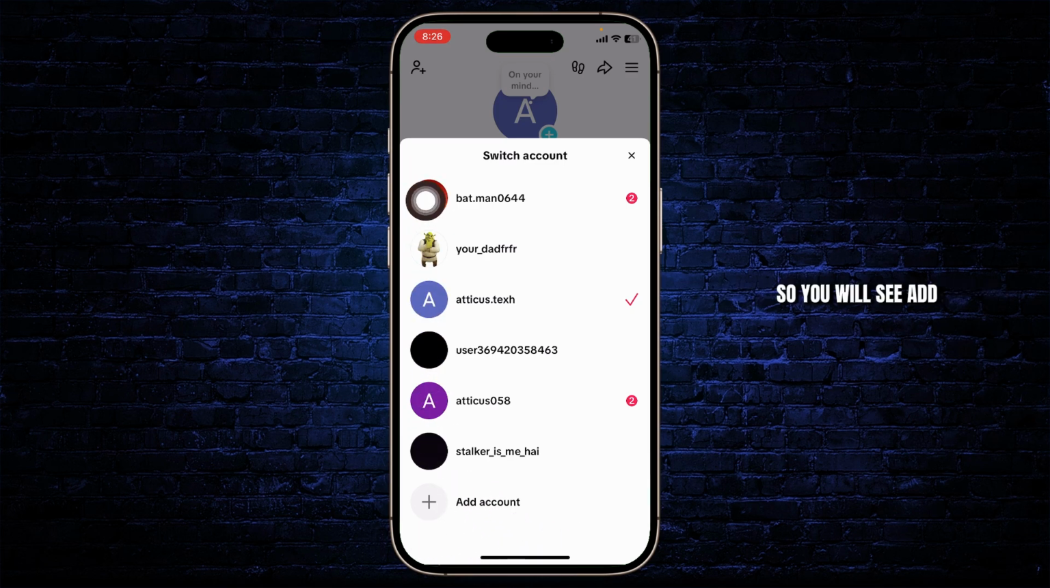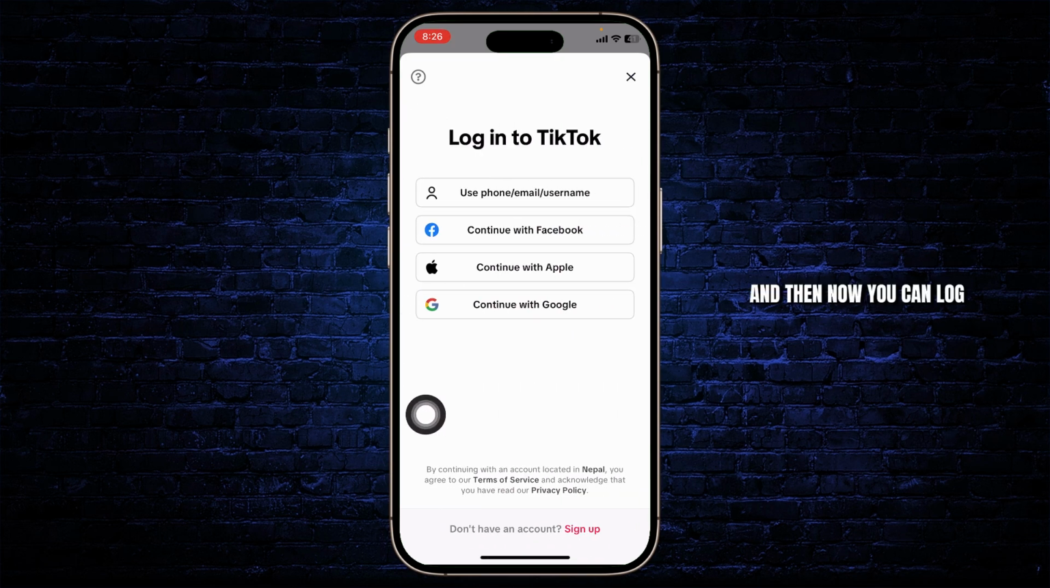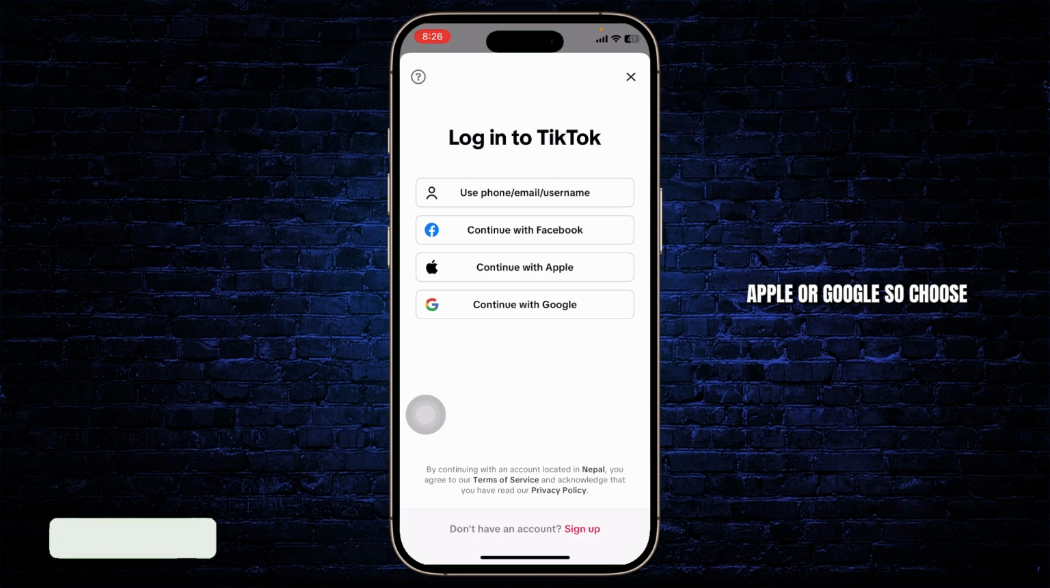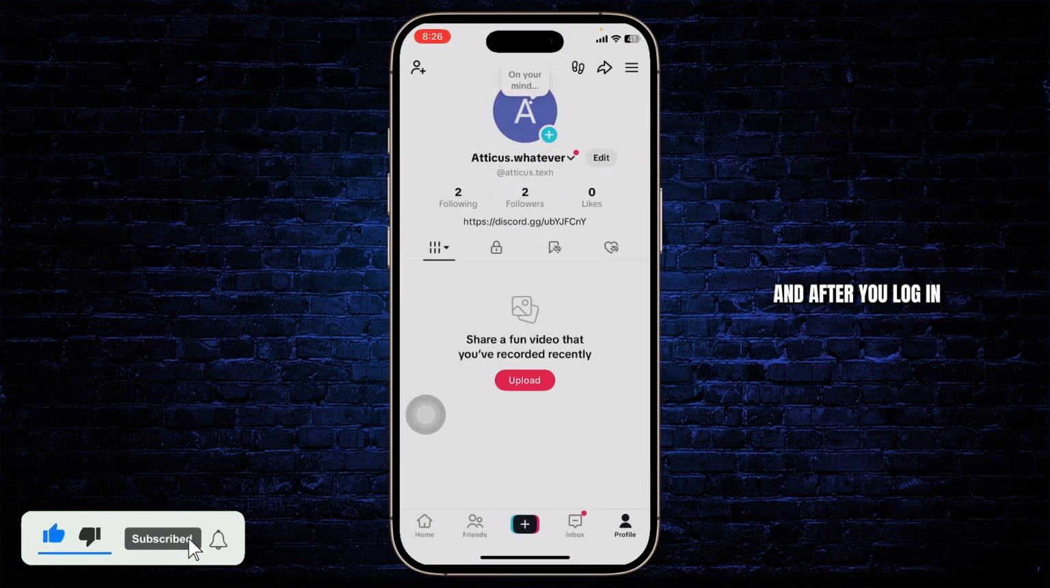So you'll see the add account option. Tap on it, and from here you can sign up for TikTok or simply log in. So if you already have an account, tap on the login button on the bottom here, and now you can log in using your phone number, email, or username, or simply continue with Facebook, Apple, or Google. So choose either one, go through the login process, and after you log in, you will be logged in